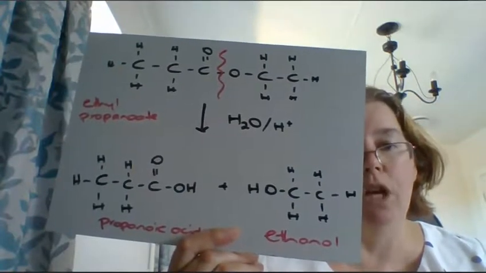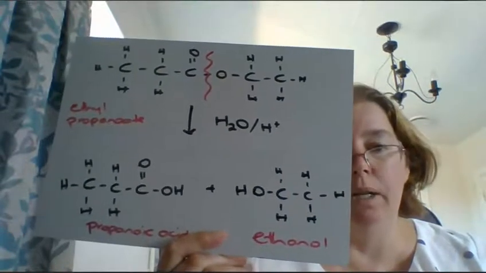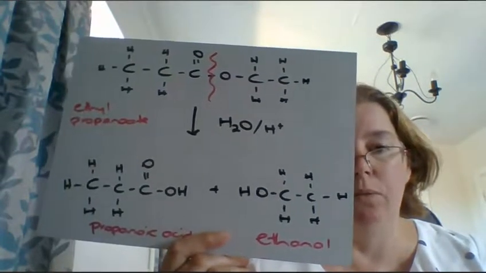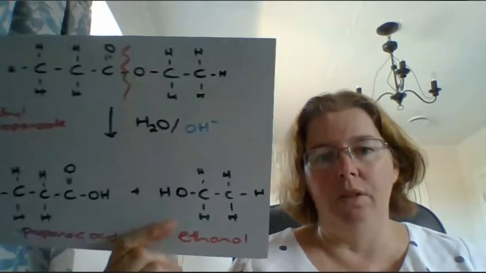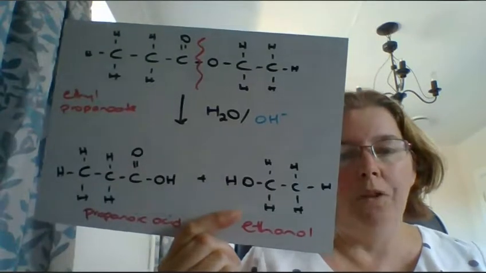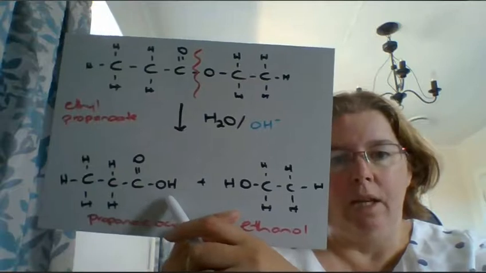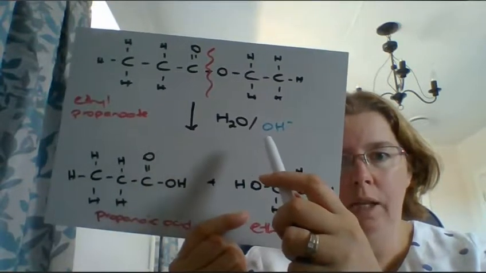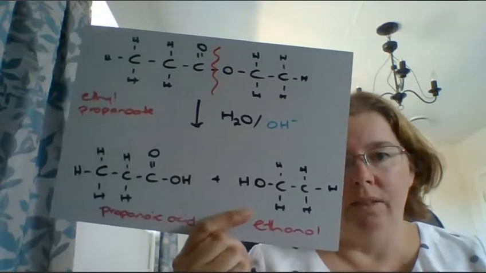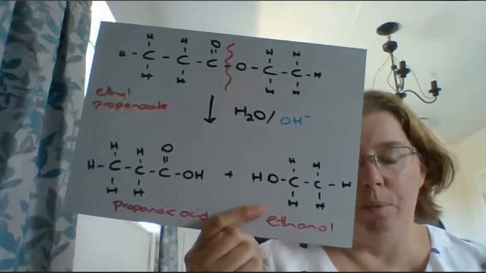Now, how would this change in basic conditions? Well, there's only one little change that's going to happen, so just bear with me for 2 secs. Okay, so if we have OH- instead of H+, what's going to happen is that the carboxylic acid here is going to react with the OH- here. Okay, so acid-base reaction. So the propanoic acid is going to lose a proton,